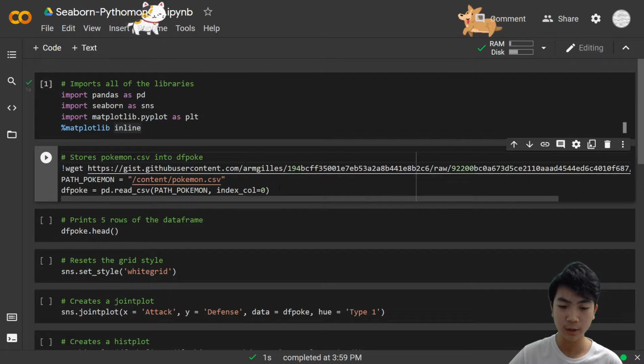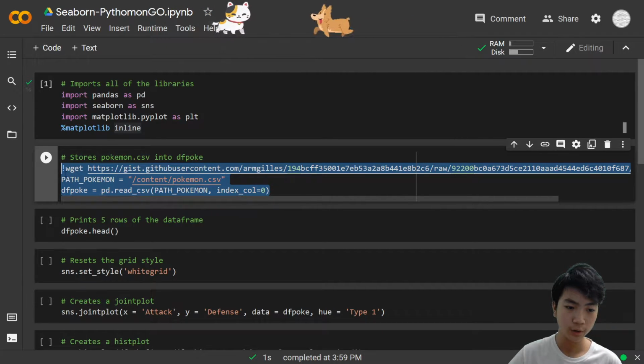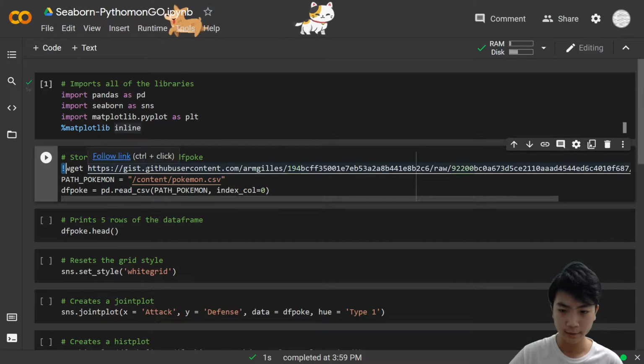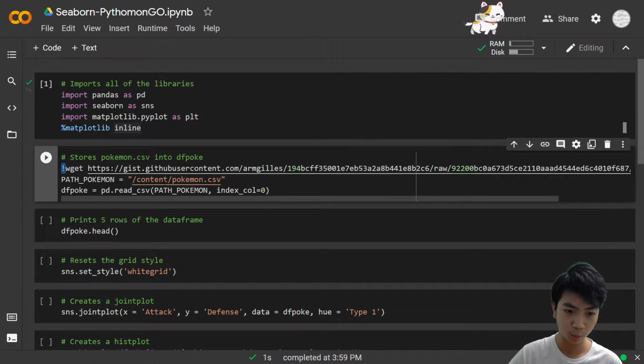Okay, now we're going to go to the important part, which is to get our data. So with the code !wget and then the link, we should be able to store the information. There is nothing at the end, it is just the link. And after that, we will store this pokemon.csv, or /content/pokemon.csv, into path_Pokemon. So right now it's inside of this,